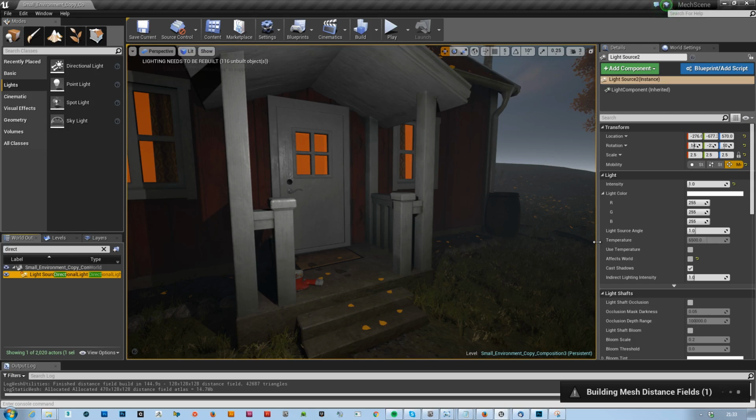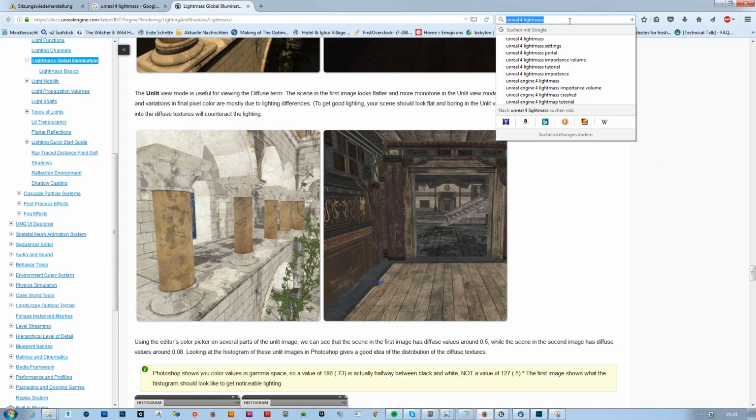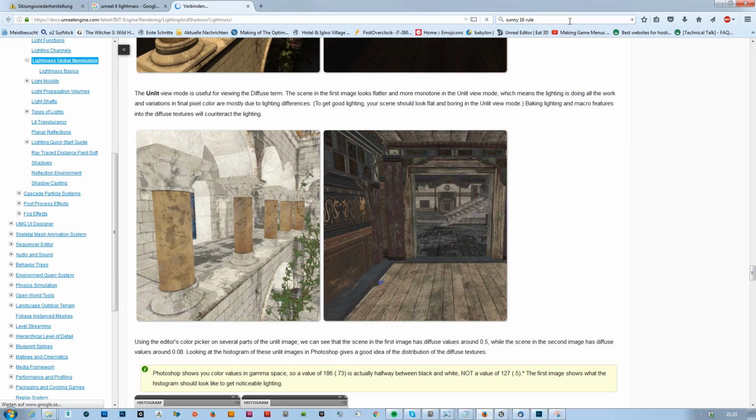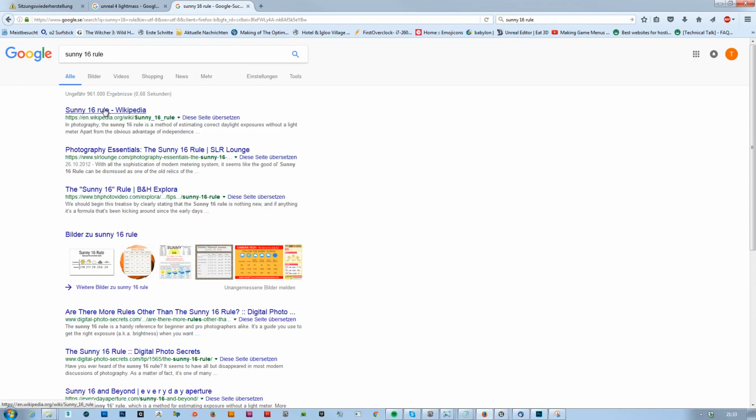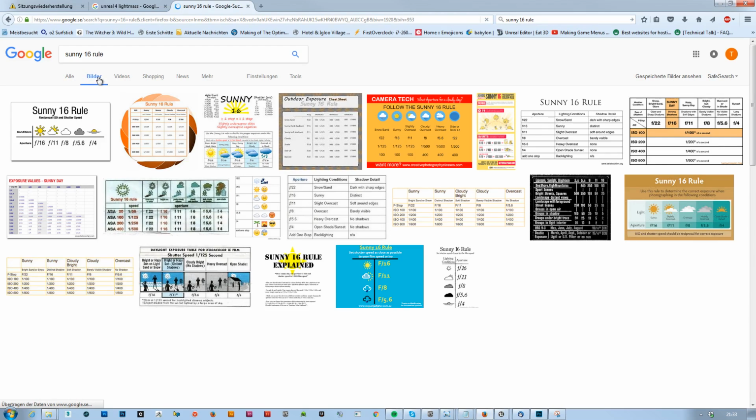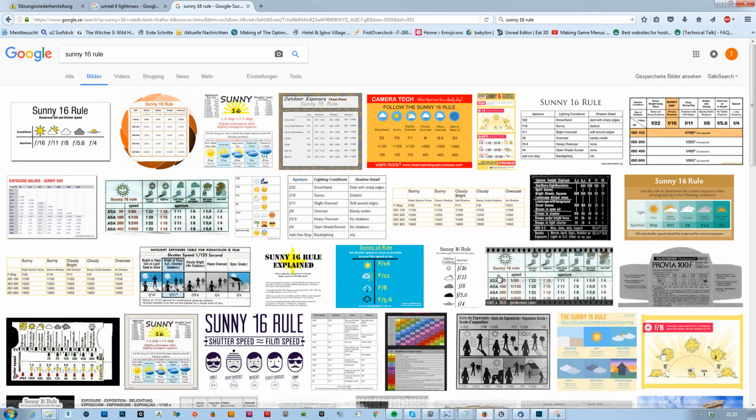For example, there is the Sunny 16 rule, and the Sunny 16 rule is actually super amazing. It's basically a rule about how you have to set up your exposure